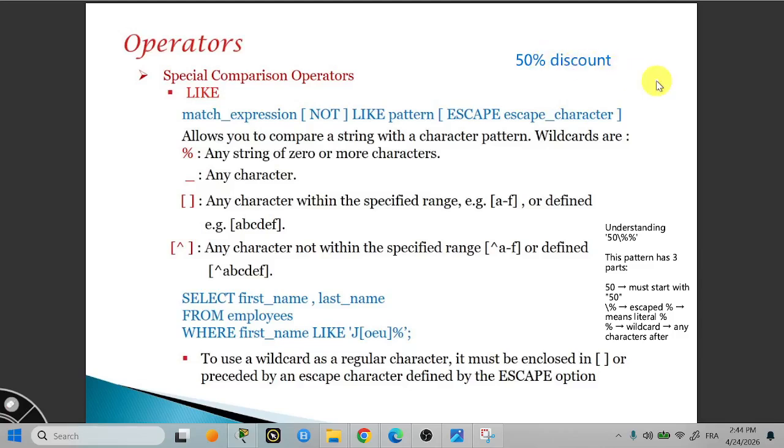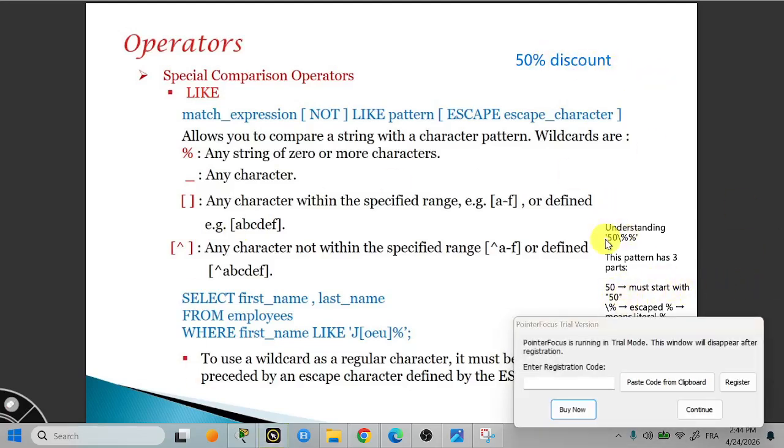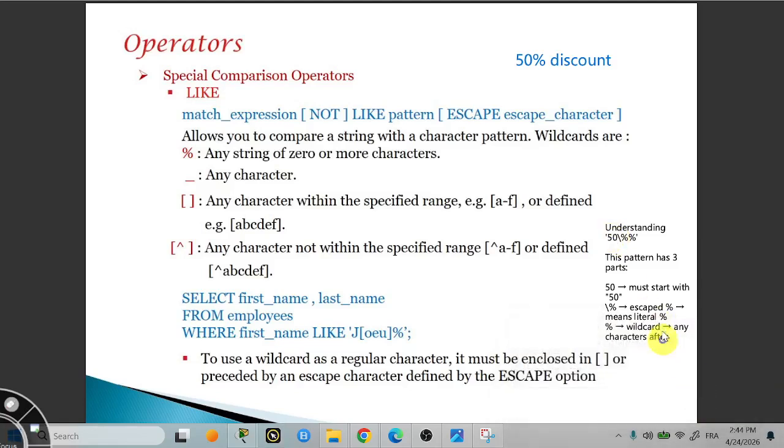So space is a character, for example. It must start with 50. We started with 50, so we are writing here escaping and wildcard characters. We should write 50 slash percentage. This is the escaped percentage, meaning the literal percentage,